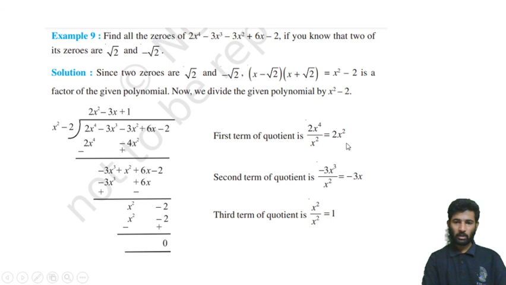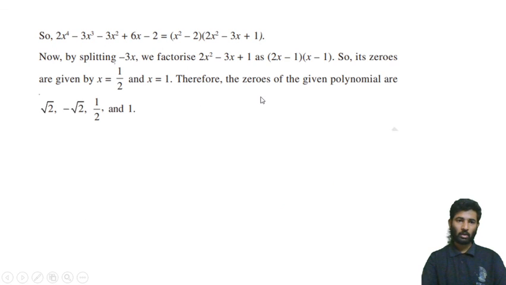So this polynomial has been divided by this polynomial exactly. So here you can see the quotient is also given. The first quotient term is this, second quotient term is this. Step by step we achieved these quotient values, and the third quotient is this. So the overall quotient will be 2x square minus 3x plus 1. Now see, you can see here this whole given polynomial can be expressed into two factors, that is x square minus 2 into the quotient value 2x square minus 3x plus 1.